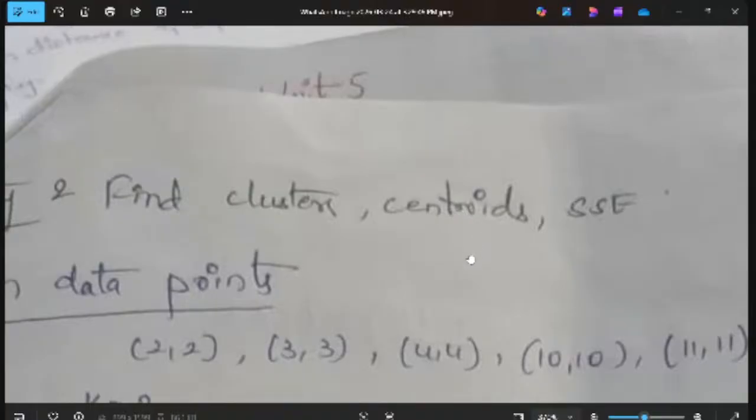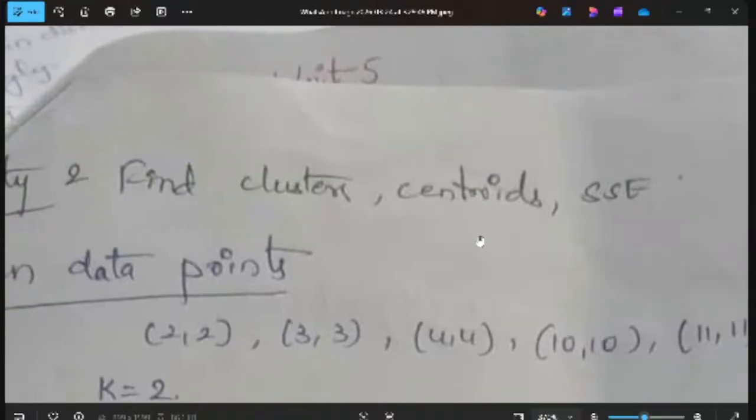Continuing, for number of clusters k equal to 2,